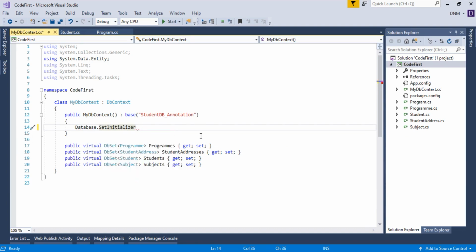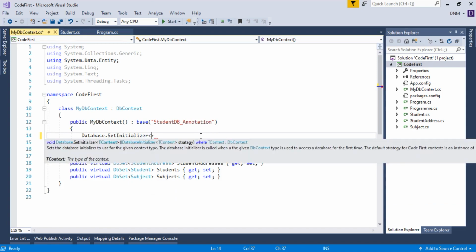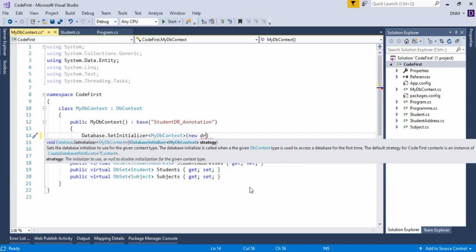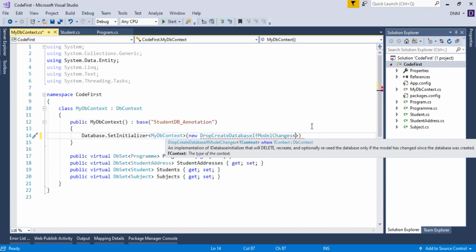It is a generic method, so you have to give the name of your context class, and to this method you have to pass an object of the new database initializer we are going to try, that is DropCreateDatabaseIfModelChanges. Again you have to pass the MyDB context class, because it is a generic constructor.